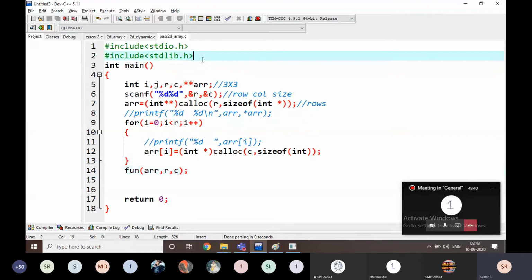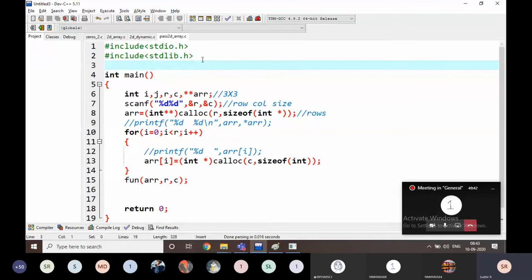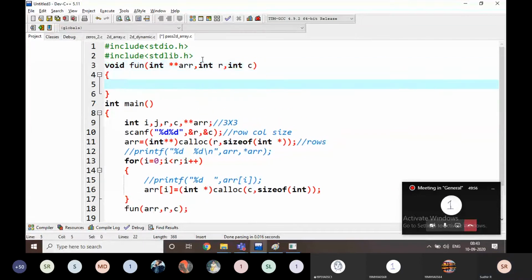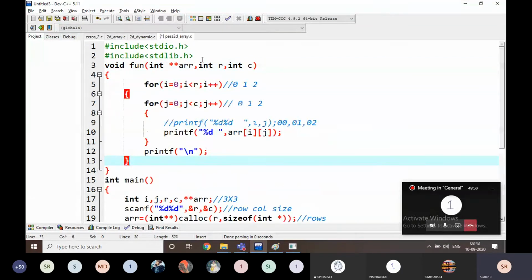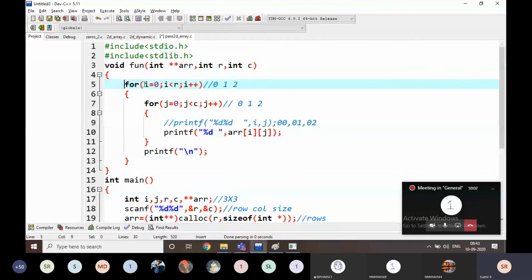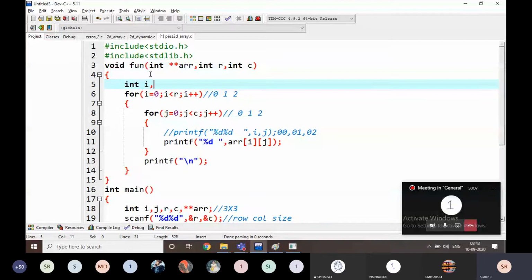Okay. Now, void fun of int star star ARR, comma int R, comma int C. I'm going to print here int I, comma j.